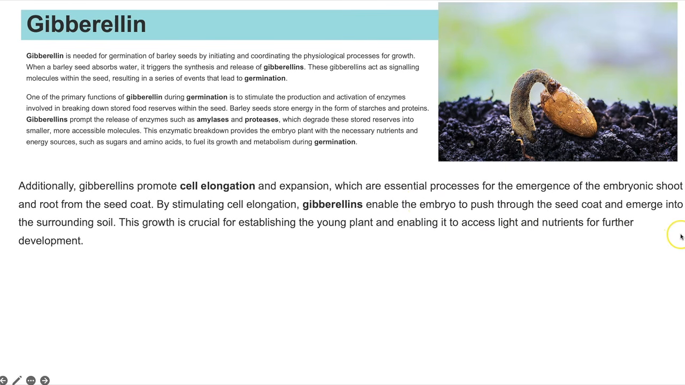Additionally, gibberellins promote cell elongation and expansion, which are essential processes for the emergence of that embryonic shoot, which we can see in the image here. And by stimulating cell elongation, gibberellins enable the embryo to push through the seed coat and emerge to the surrounding soil. And this growth is crucial for establishing young plants and enabling it to access light and nutrients for further